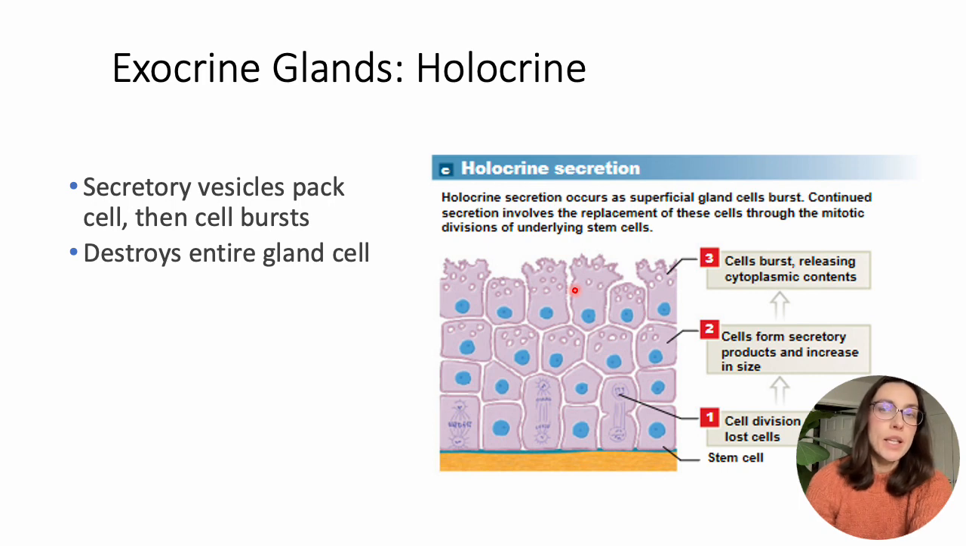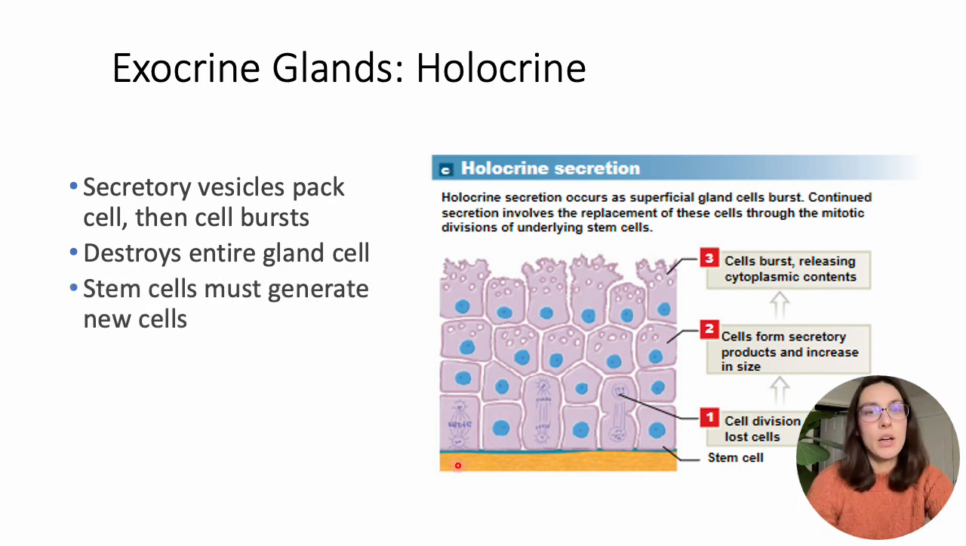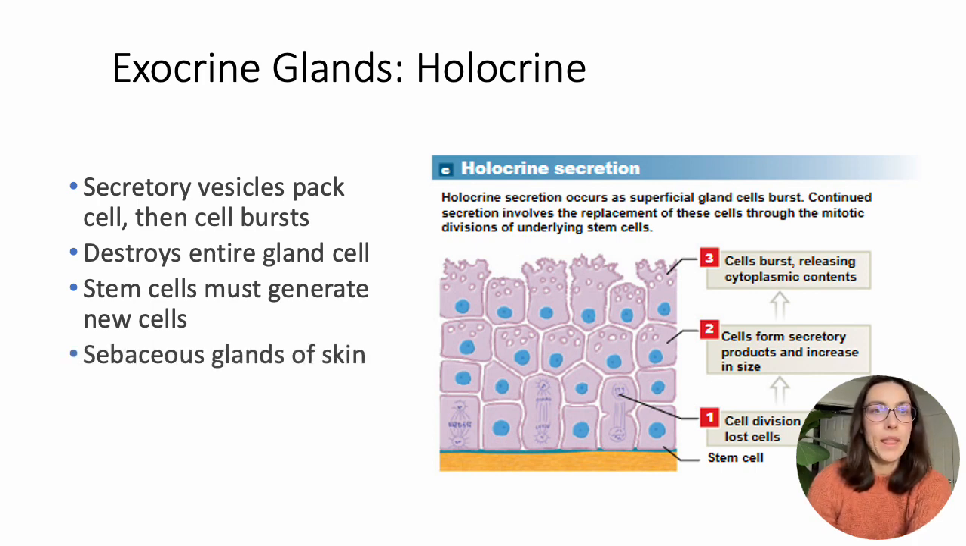Okay. This is sustainable only because there are cells at the basal membrane. So the very bottom side of the tissue has cells that are able to go through mitosis quickly and replenish the cells that have been destroyed for the purpose of secretion. One common example of this is the sebaceous glands of skin that produce sebum, the oil that keeps our skin nice and moist and shiny and protects us from invasion of foreign